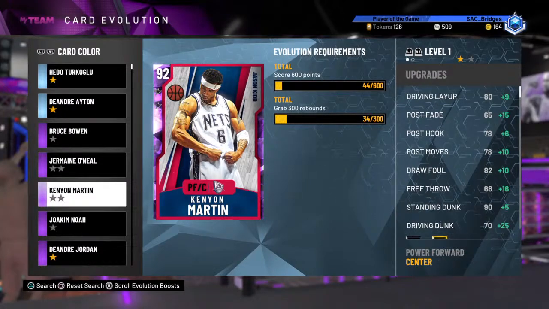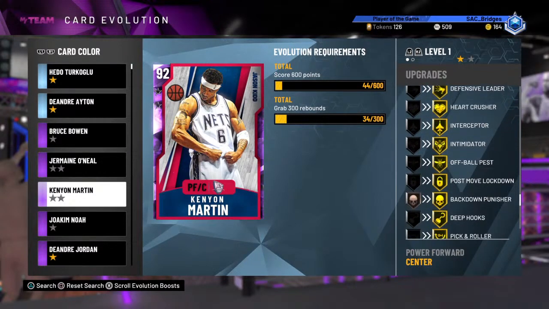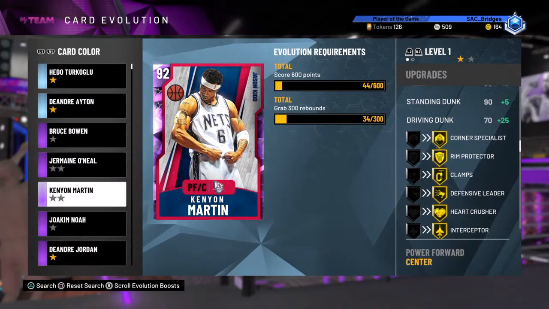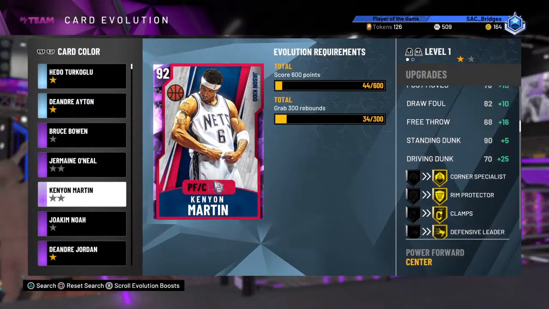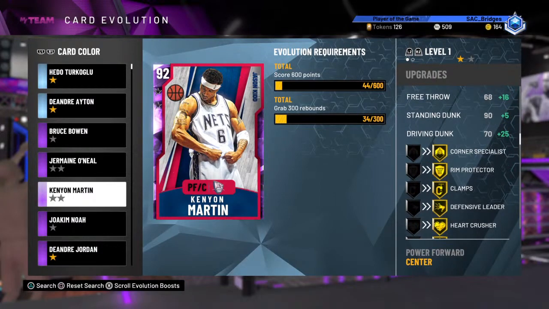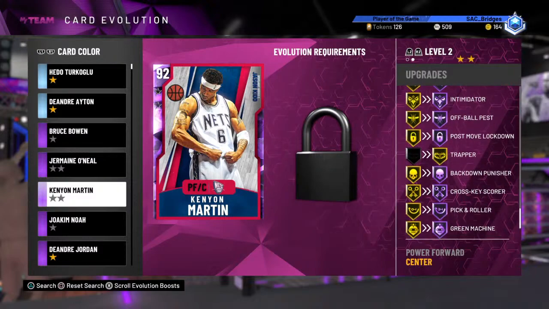The big upgrade for him is that he is an adequate post player. So in a mismatch, he can dominate in the post, whereas Pascal Siakam is a horrible post player. So if you don't post spin or post launch, you don't have anything else you can go to. Kenyon Martin has a lot of ability in the post. So Kenyon Martin is probably better than Pascal Siakam, but I have to evolve him to pink diamond level and play with him,